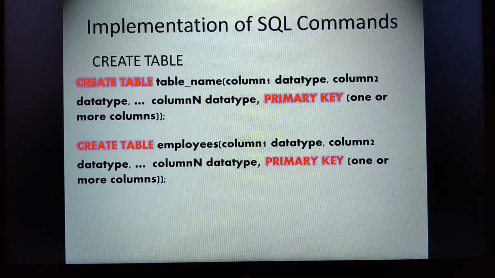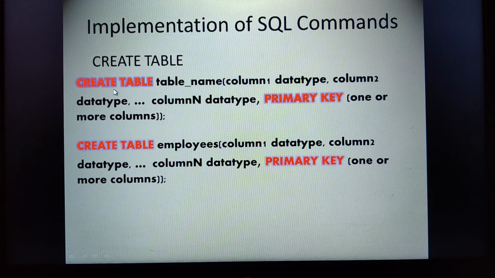Say for an example, I can have my table name as electricity bill. Electricity bill are two words, but when you mention it as a table name, it should be one name. How do you join those two different names? By the underscore. I could write here: create table electricity_bill. Then SQL will treat electricity bill as one word. Understood? So always keep in mind that whenever you mention the table name as well as the column names, they should be identifiers and they cannot have split words.